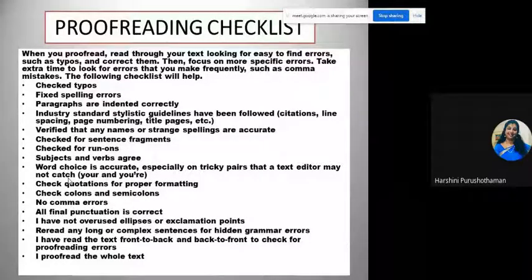Okay, so when you're editing, you have to first edit whatever you need to eliminate, everything you have to do, and then finally you have to put back everything in a proper place. And once you have done everything, you have to proofread. Proofreading will be the last and final one.